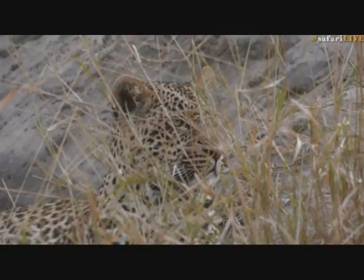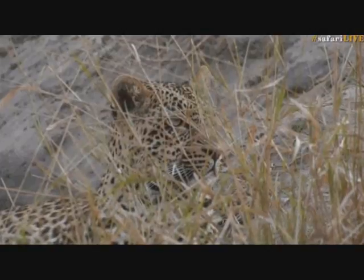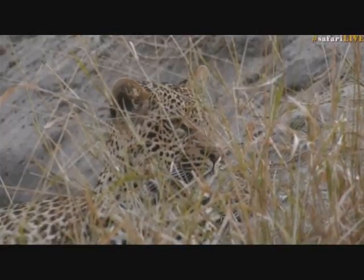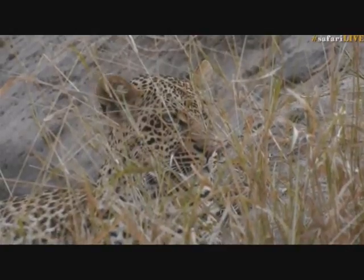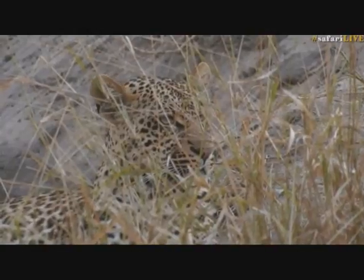Now, Rebecca, you say Thamba is still a cub at heart. Most definitely. He's still very youthful. At the end of the day, he's only just turned a year old, and we know that Shangila and Hosano, when they were a year old, just before Karula disappeared, they were very playful, and they had to become a lot more serious a lot quicker once Karula disappeared. So now he's still under the protection of Mom, so he is still very much a cub at heart,